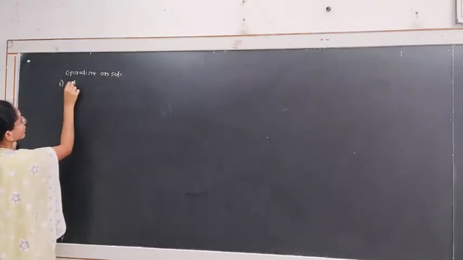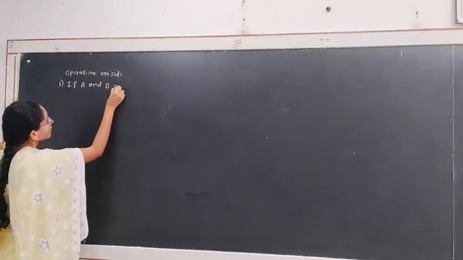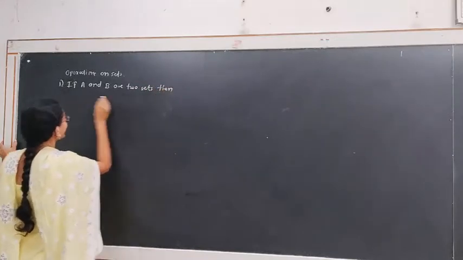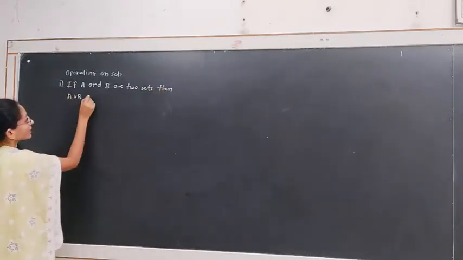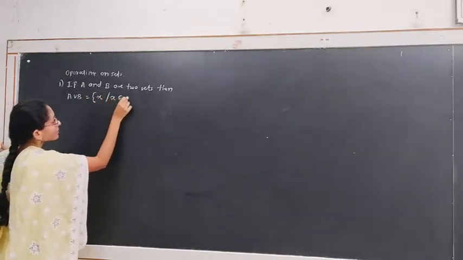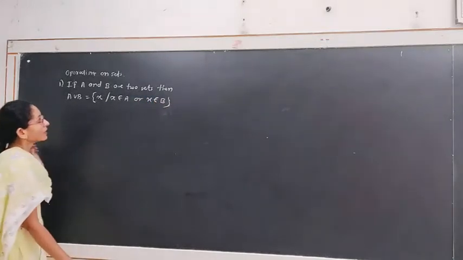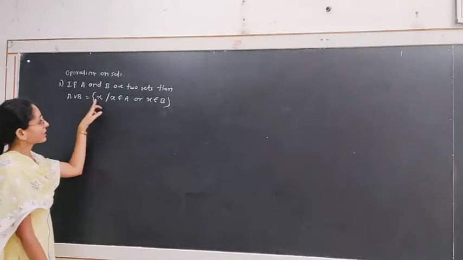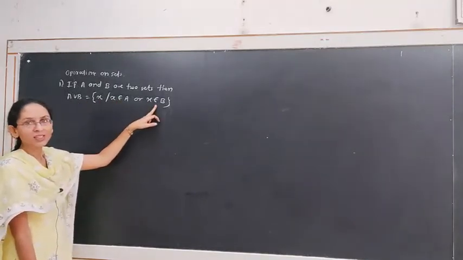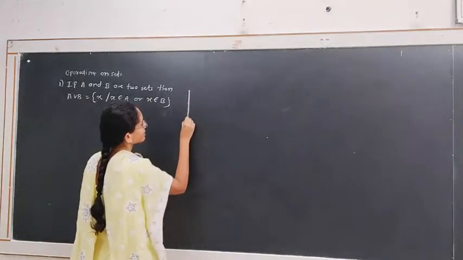First, if A and B are two sets, then A union B is the set of all elements X where X belongs to set A or X belongs to set B. A union B is the collection of all elements where that element belongs to either set A or set B. By using a Venn diagram, we represent this as